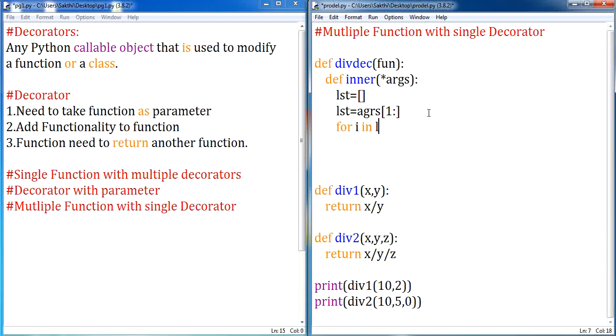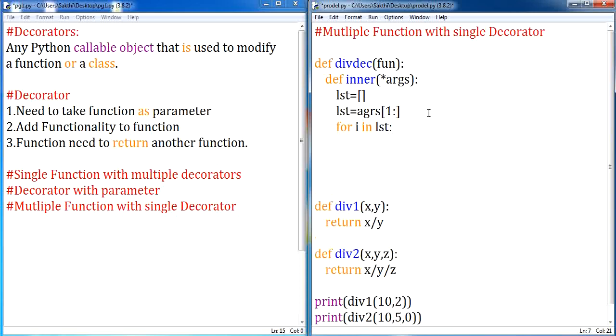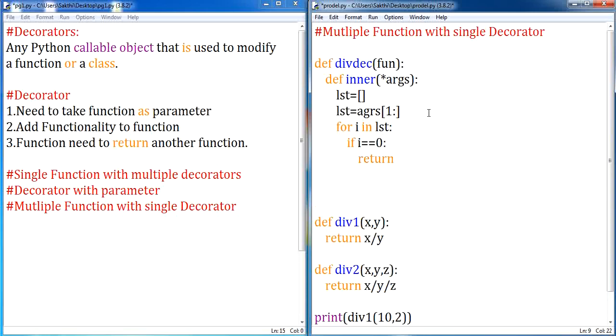If this condition is true, what is the condition you are going to apply? i equals 0. If my condition is true, what I am going to do is return the message: enter non-zero value.